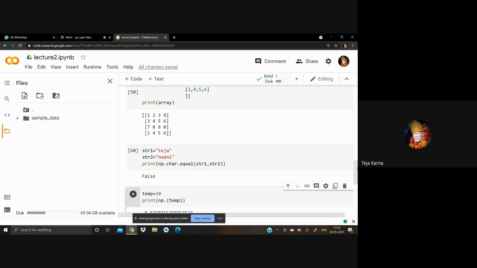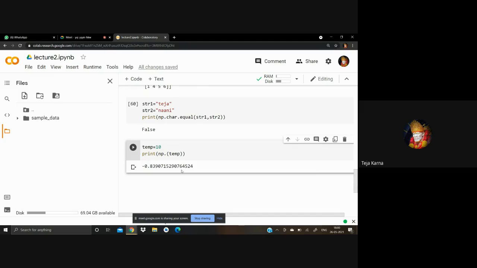Then to convert the string into lowercase, uppercase, you can have the title method as well. Then some other functions regarding values, like exponential function, log function, sine function, cos function, and all those things. Fine. Now just tell me if you have any doubt in these 4 points.